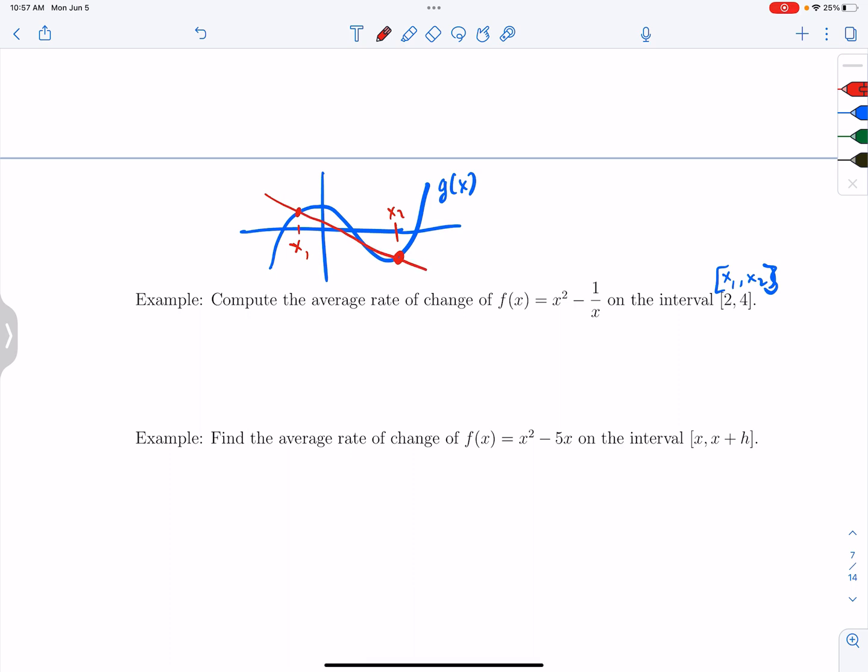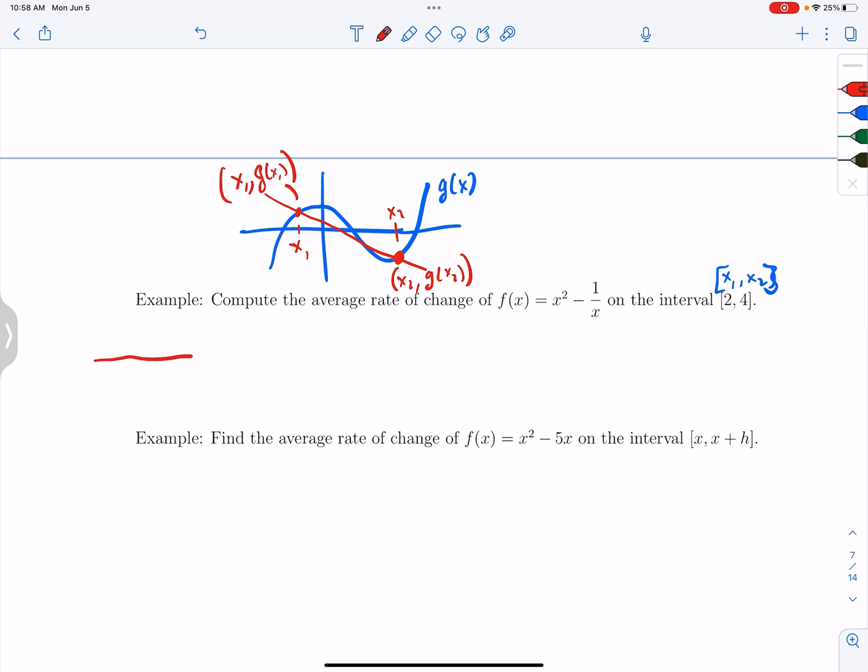So to find those points, this point here is x sub 1, comma, g of x sub 1. So I input that x value into the function to get the y value. And then this is x sub 2, comma, g of x sub 2. Okay, so that's what I'm going to do here. I'm going to input these x values into the function to get the corresponding y values. So how